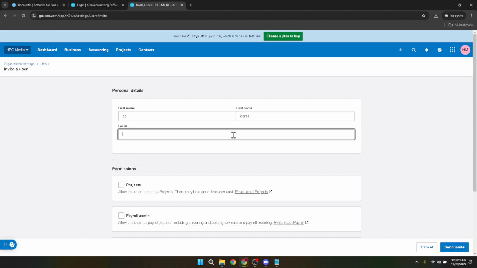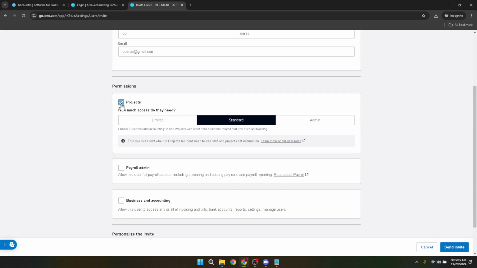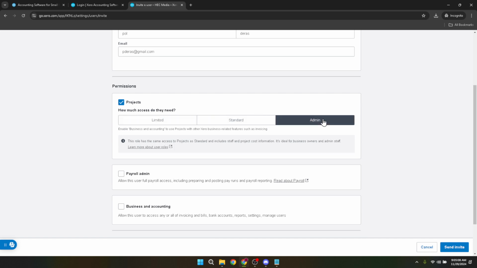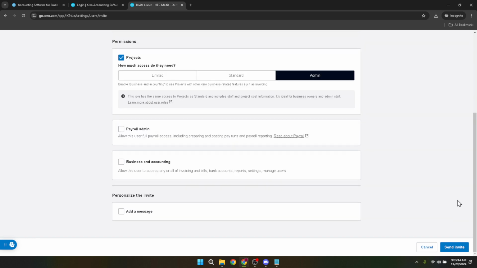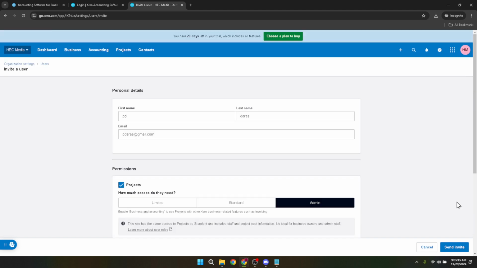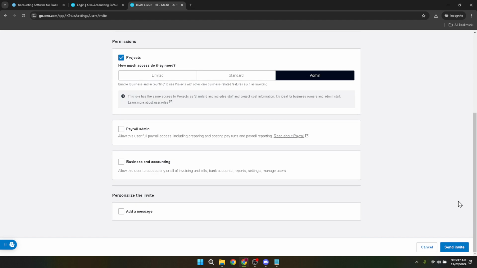Choosing permissions is a step where you define what the new user can see or do within your Xero organization. Xero provides various levels of access, from read-only access, which lets users view information without making changes, to full administrative rights, which allow users to view, edit, and manage all aspects of your account. Consider the invitee's role in your organization and select permissions that align with their responsibilities. This ensures they have the tools they need to contribute effectively while maintaining the security and integrity of your financial